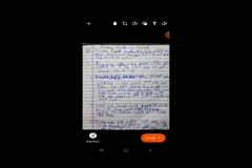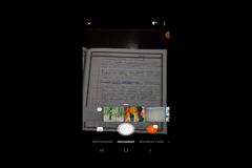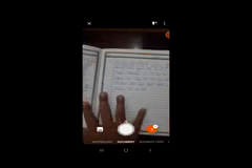Set the document mode. Hold the mobile phone steadily so that it can scan the document perfectly. Once the first picture is taken, press confirm. If you have second page, then click on add new. Then click the picture of second page also. Similarly, third page, fourth page, scan the remaining pages.